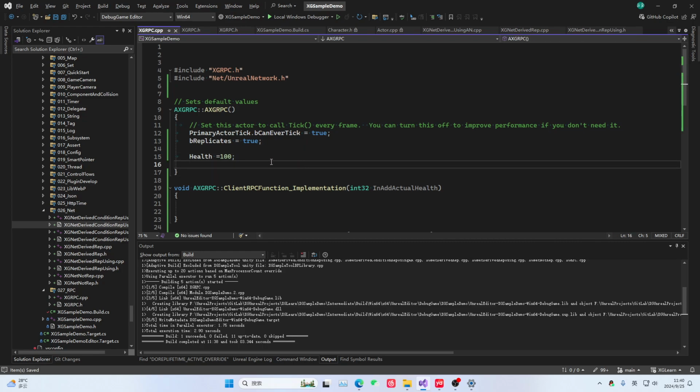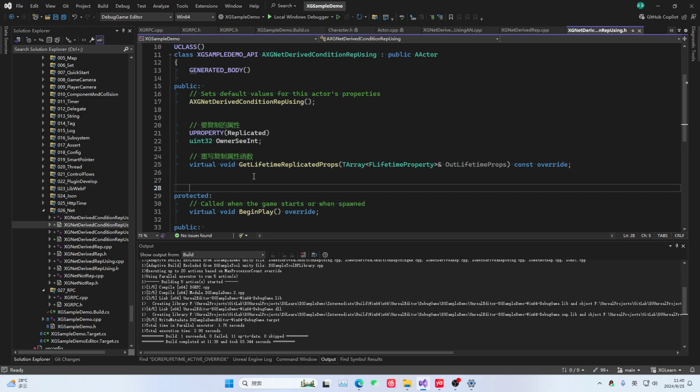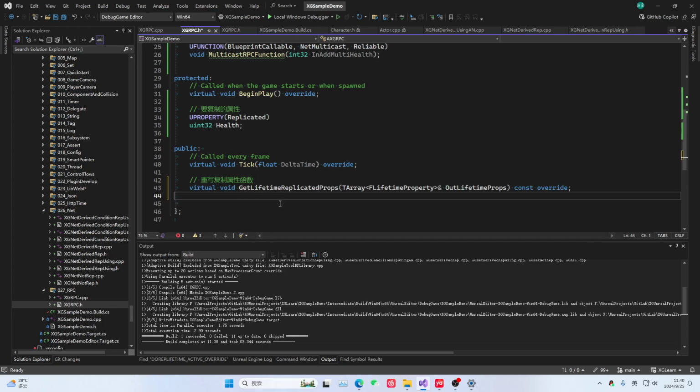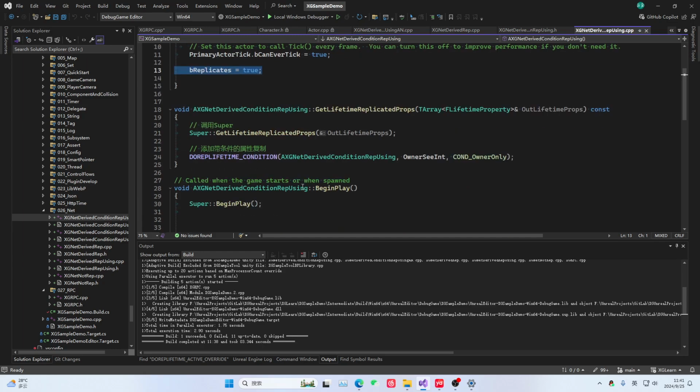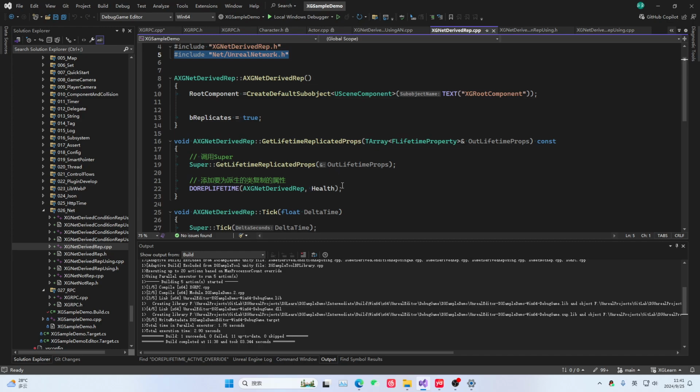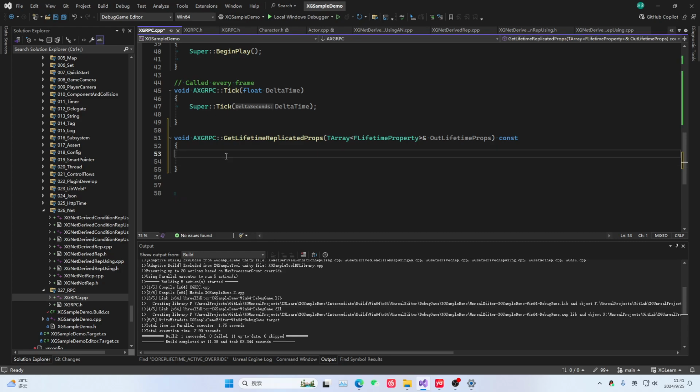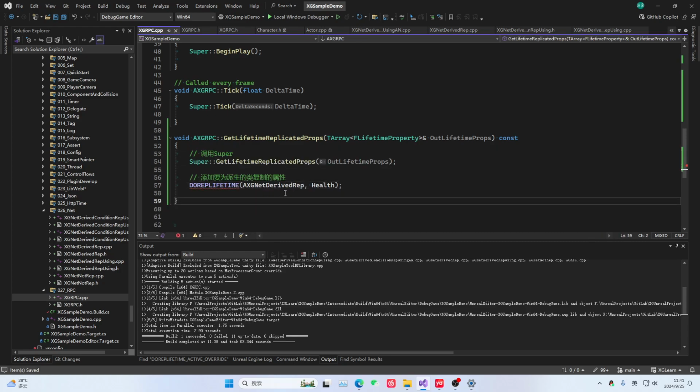Okay, then we need to rewrite this replication function. Right. Let's create the implementation of the replication function. As for our replication function, we'll use this one. Let's use a simpler one. We'll use this. We'll just let it replicate. And here we need to change this. Okay,